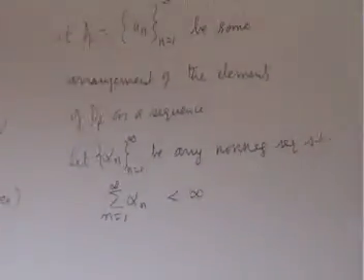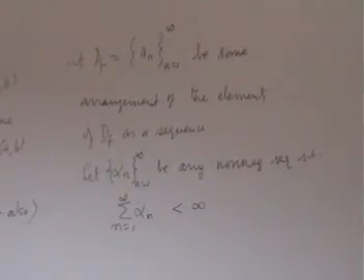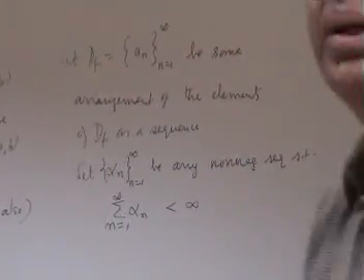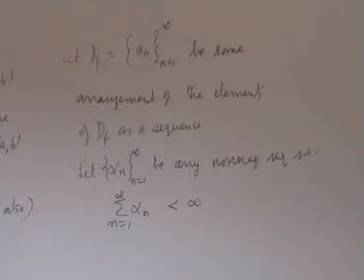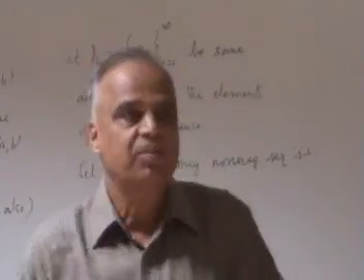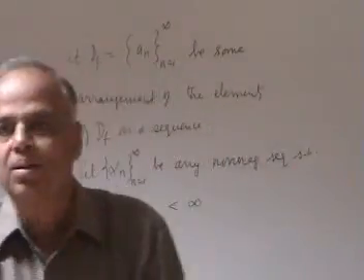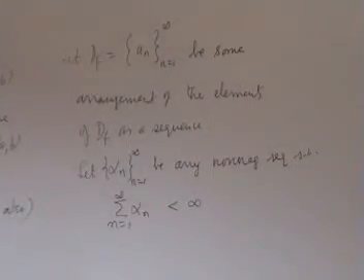For example, you can take alpha n to be 1 over 2 to the power of n. You know that the geometric series converges. So if you have a problem, take alpha n to be 1 over 2 to the power of n, which is very easy. So this alpha n has been deliberately chosen. I thought of writing 1 over 2 to n, but because he talked about the jump, I decided to put alpha n.